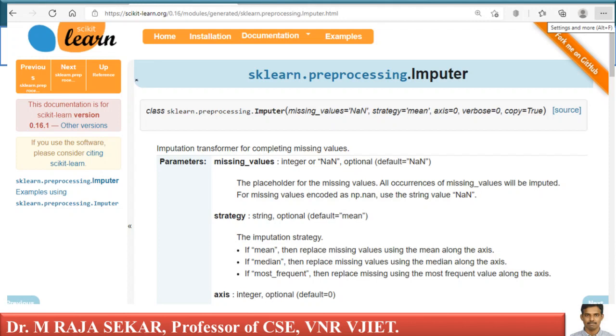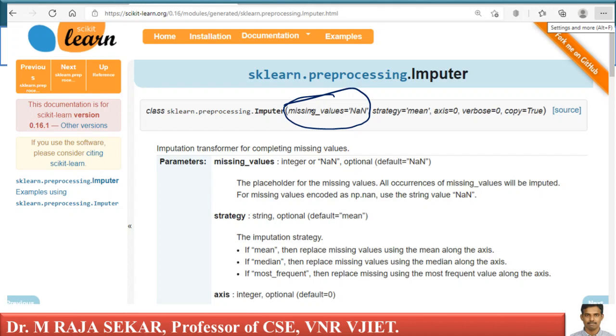You have something called imputer, where you represent missing values with missing_values equal to NaN. As I told you, in Python we represent these values by using NaN.